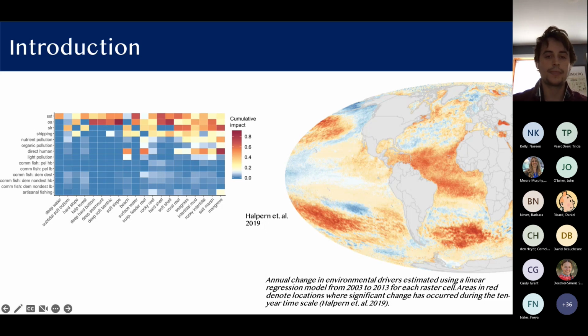So this legend here, cumulative impact, describes the average increase in stress across each ecosystem. And one interesting thing that we should take away from this is that coastal habitats, primarily shown here on the right, such as seagrass habitats, mangroves, salt marshes, are on average exposed to more stress than that of open water or pelagic environments, such as deep hard bottom and deep seamount habitats, where you can see the majority of these habitats are not exposed to a lot of drivers of environmental change, whereas coastal habitats have seen an increase in